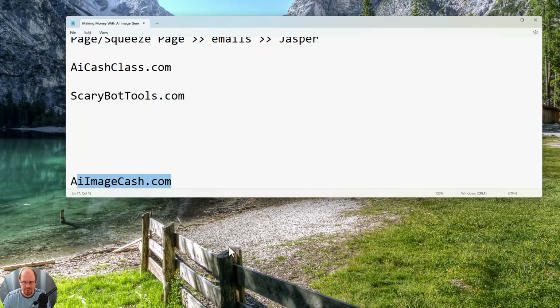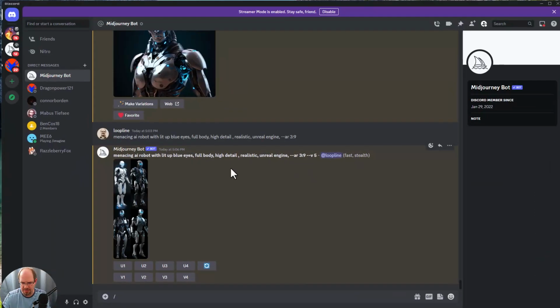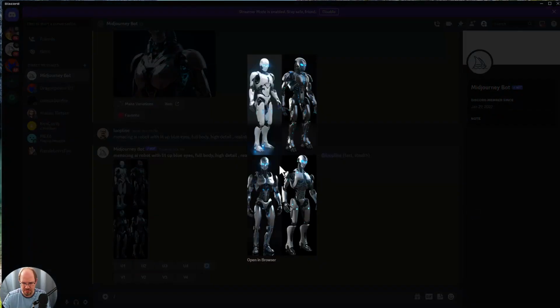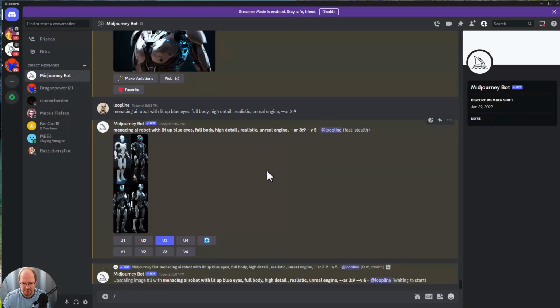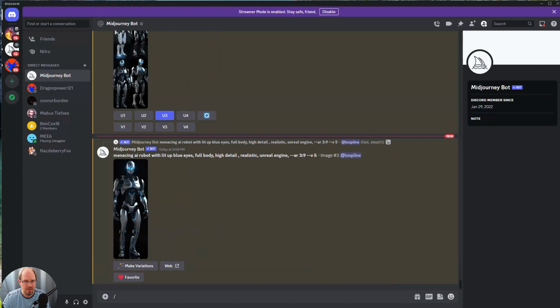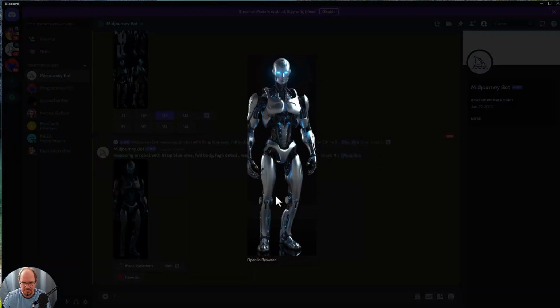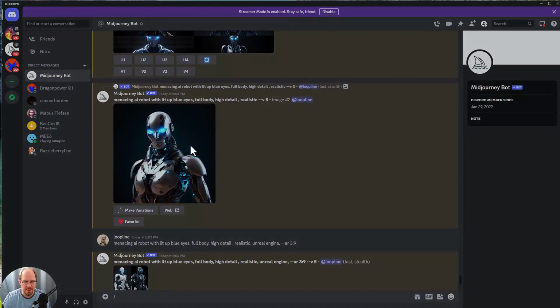So pop over there and enter your email address, and then I'm going to take my... this is interesting. Kind of cool to get the full body this way. This one kind of looked kind of cool. I don't know. So let's upscale version 3, for example, and see what happens here. That's kind of cool. I don't know how big these run at full HD, so I don't know how that's going to work, but that's kind of cool. Maybe we'll just use that. So I don't know. Let's do this one.